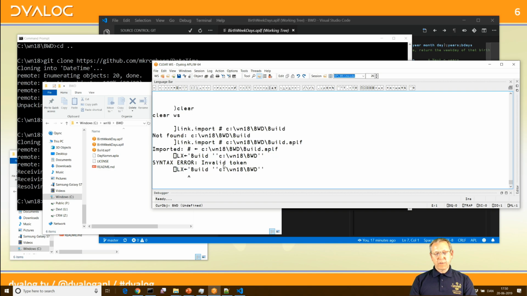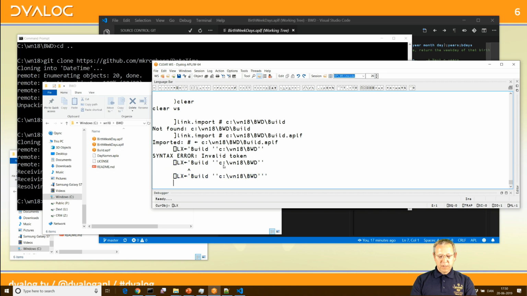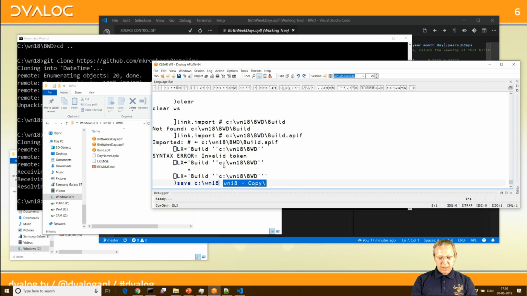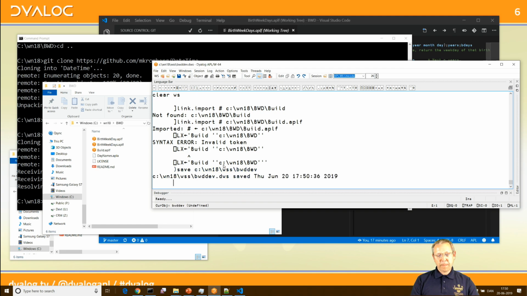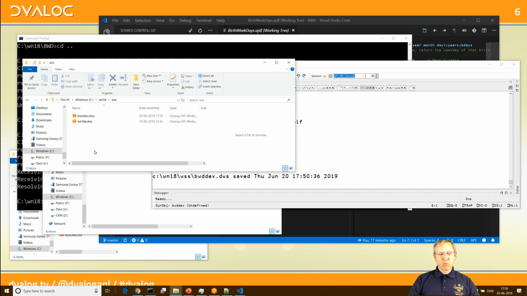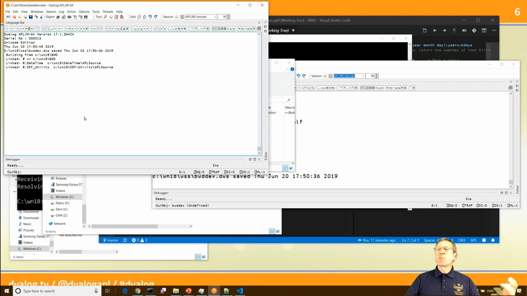Or if you're clever, have it determine that from the workspace ID. Save this as a workspace. So there's still use for the workspace for a while yet. Let's call this BWD dev. So I now have a BWD dev workspace, which if I click on it, it brings in all the source